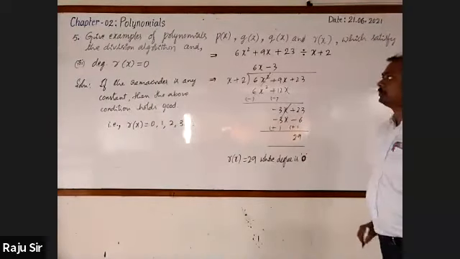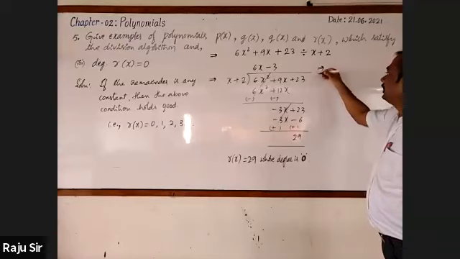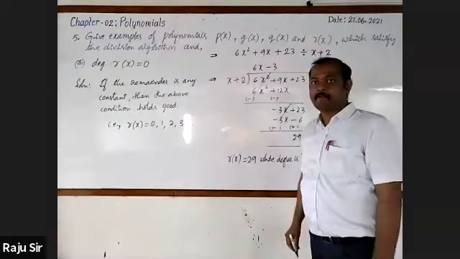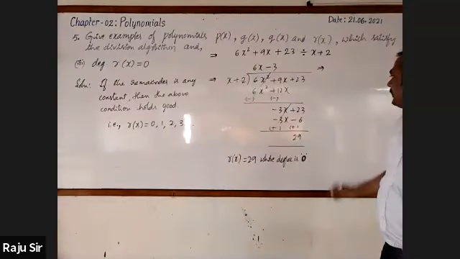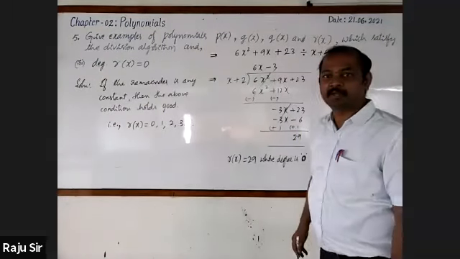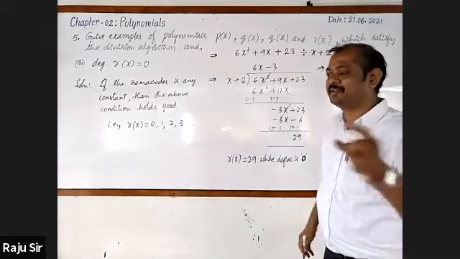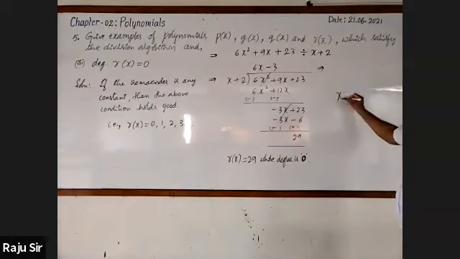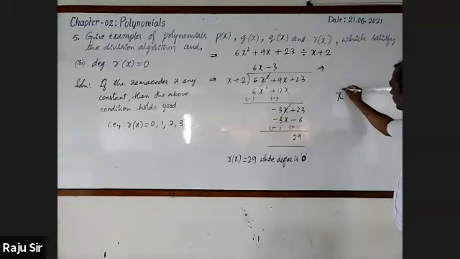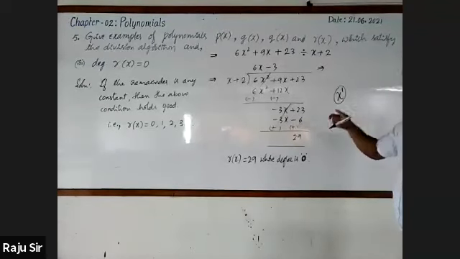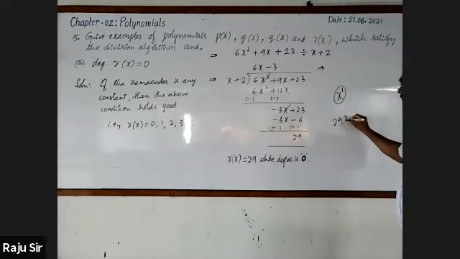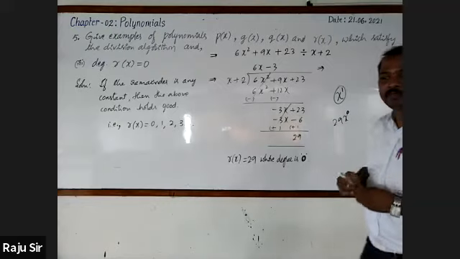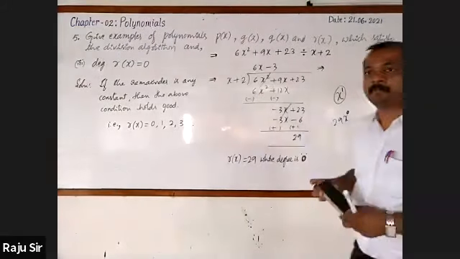Sir, its degree is 1, no, sir? 29's degree is 1, sir? It is 29 x to the power 0, sir. Very good. If I write just x, one variable, the power is 1, degree is 1. Now if I write a constant, 29, it is 29 into x raised to the power 0. The highest power of the variable is 0. Hence, its degree is 0. Did you understand? Yes, sir. Okay.